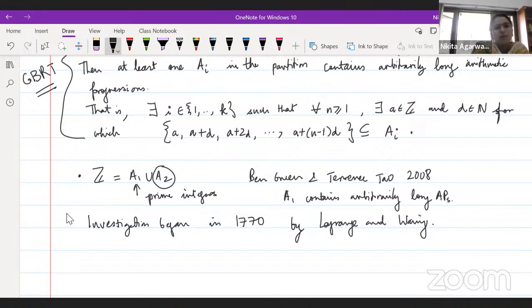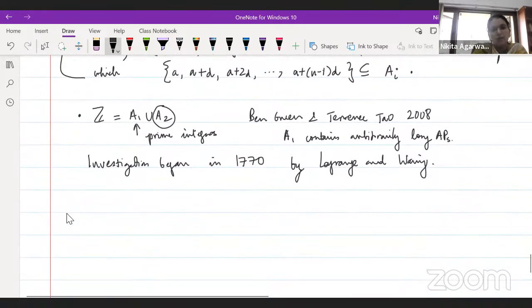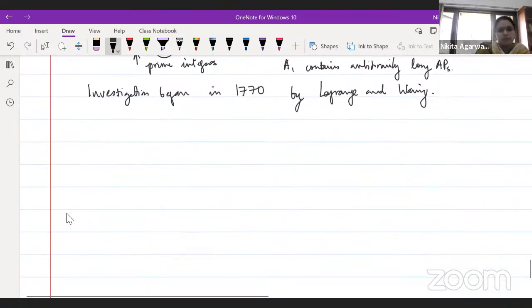So since we are on applications, let me give you one more application of ergodic theory, which is in quadratic forms. Okay. So another application of